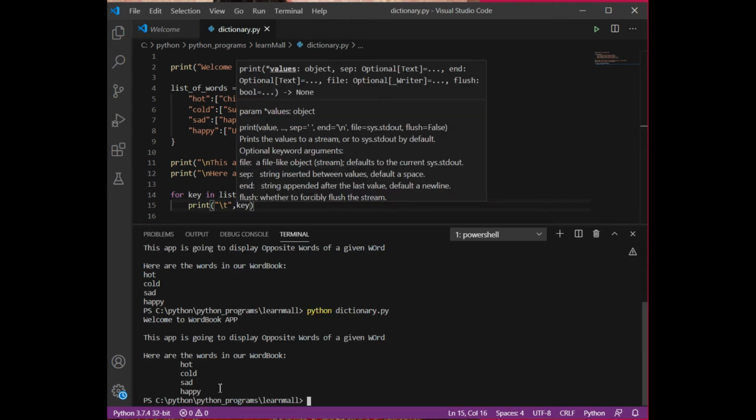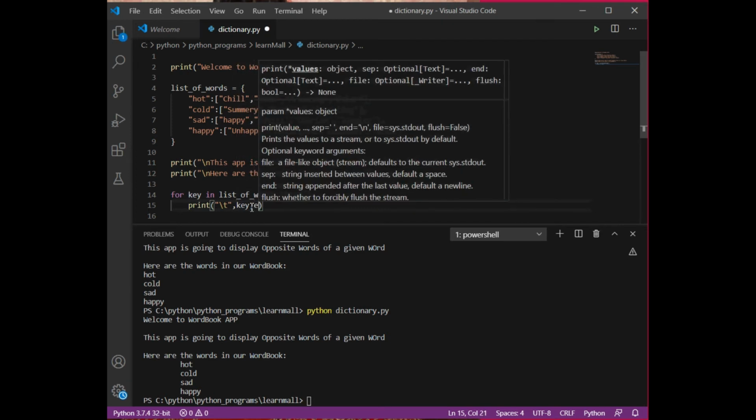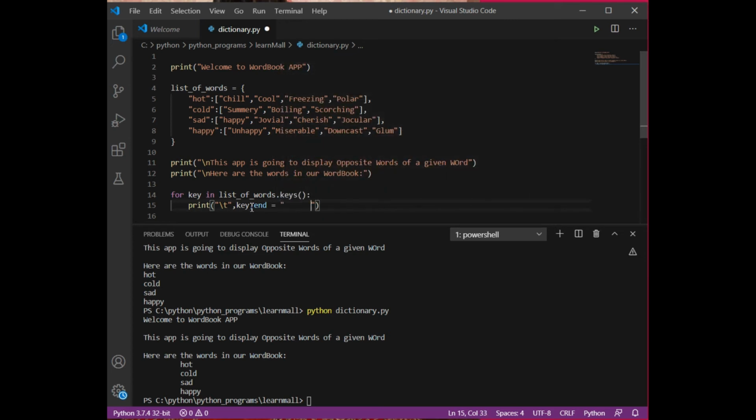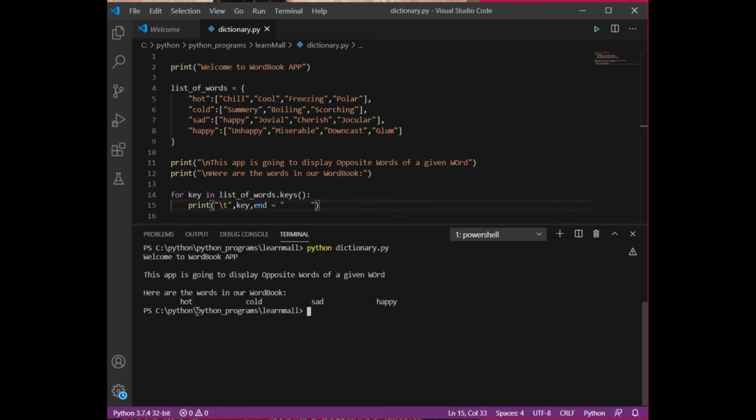And here I can say end is equals to, I can put some spaces here. I'm going to save this, clear this, and run this. So see, it is saying here the words in our word book. Now that is your choice. If you want to have that in the next line, you can simply eliminate this end, otherwise it is going to display like this.